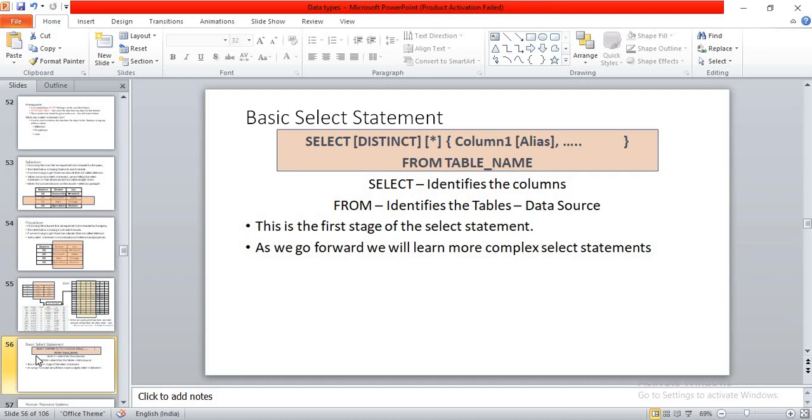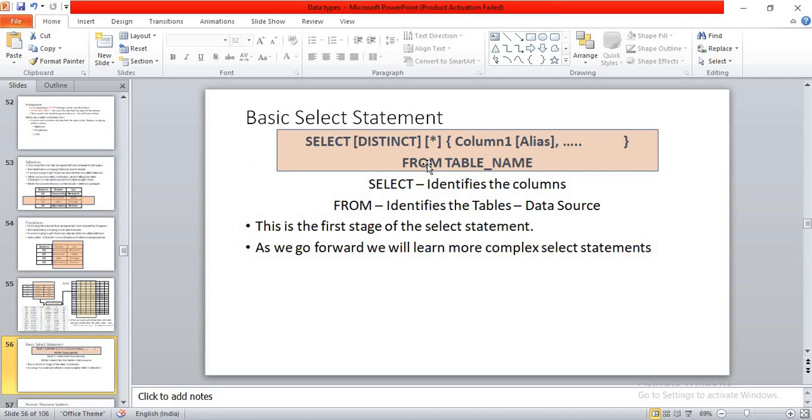Okay, so the basic select statement that you are looking at is like this. And this is only the starting. As we go into the course, we'll be appending more clauses to it. And finally, we'll arrive at one full SQL query, which denotes everything that represents your current needs. Now, what is your basic statement? Select, distinct, we'll talk about distinct, and star, we also will talk about. Here, you'll be mentioning all your columns. In this statement, whatever is mentioned in the square brackets is optional, that you might use or might not use. But here the column names and aliases are mandatory. But when you use a star, you need not use any column names and alias names. But we'll talk about that in more detail further on. This is your first level, or we can say nursery level